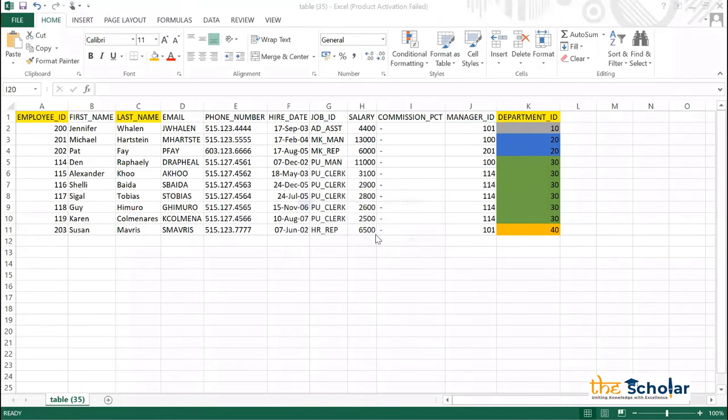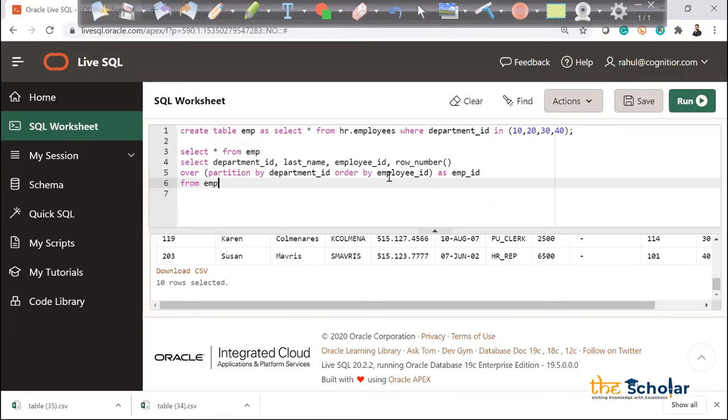If you see the query again, try to understand this: department ID, last name, employee ID, row number over partition by department ID, order by employee ID. So it is partitioning by department ID and sorting the data by employee ID and then giving me the row number.